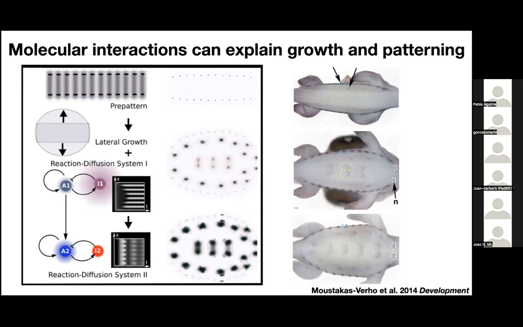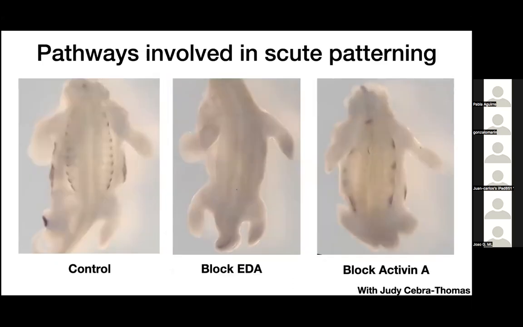So going from this pre-pattern, there are certain molecules that are expressed in the primordia, and there are molecules that are expressed around the primordia to then determine the spacing. And using these mathematical models, we can make hypotheses about how these structures are coming to be, which we can then go back to the lab and test ex vivo or in vitro.